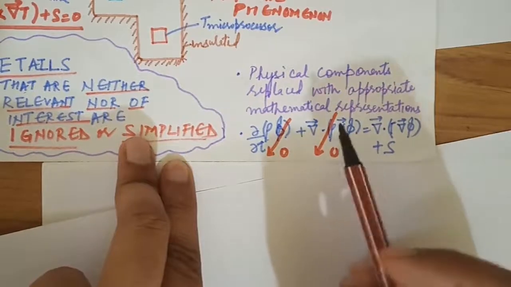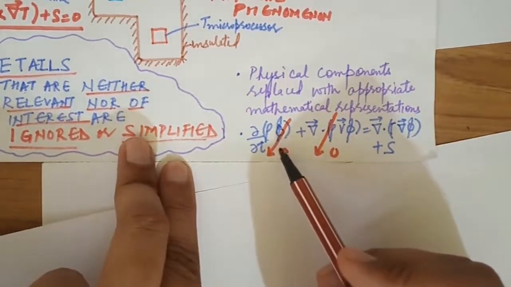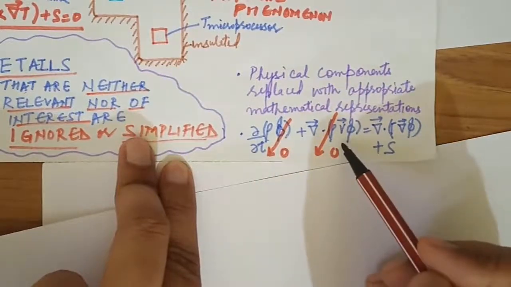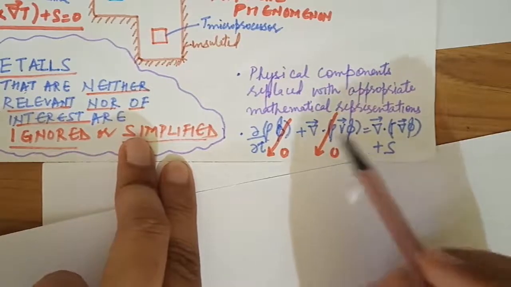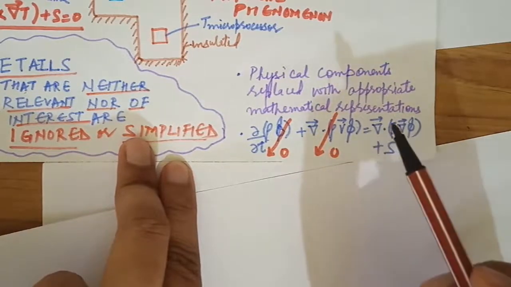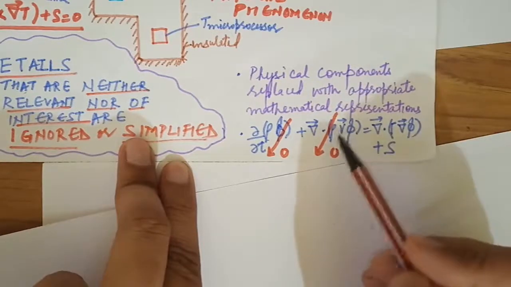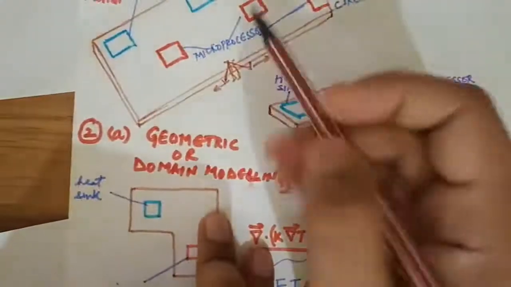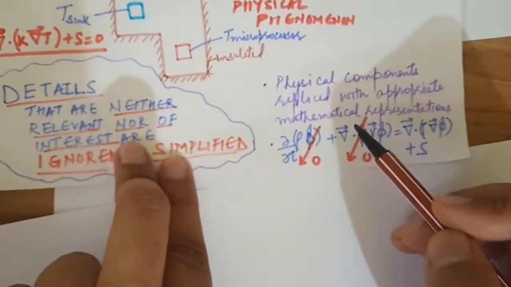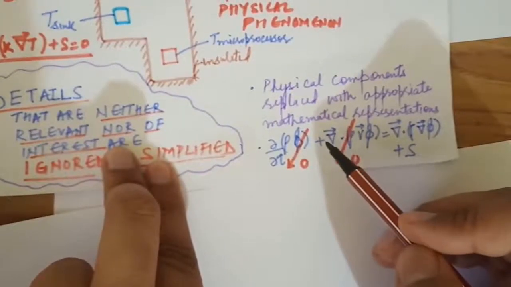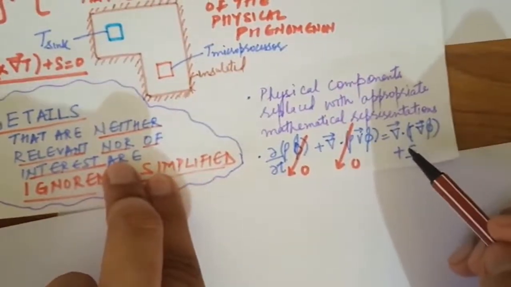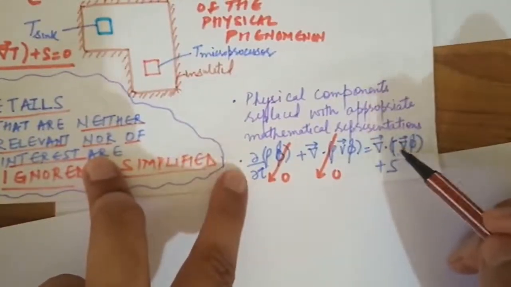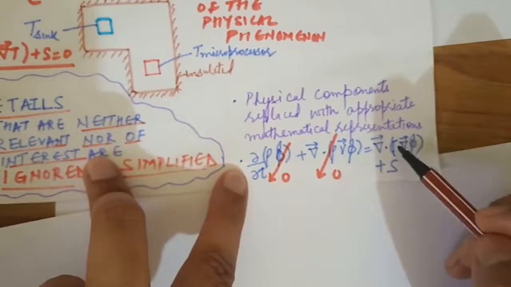So what we are able to see is, here we are assuming that this is steady state analysis. There are no advection fluxes, that means there is no fluid flowing here. Had there been a heat pipe and we were to analyze the heat pipe, then we would have taken this into consideration. Or for instance, if there was a fan blowing over this microprocessor, then this advection flux needs to be taken into account. But in this model, it will be only appropriate to take the diffusion flux, that is conduction, and the source.